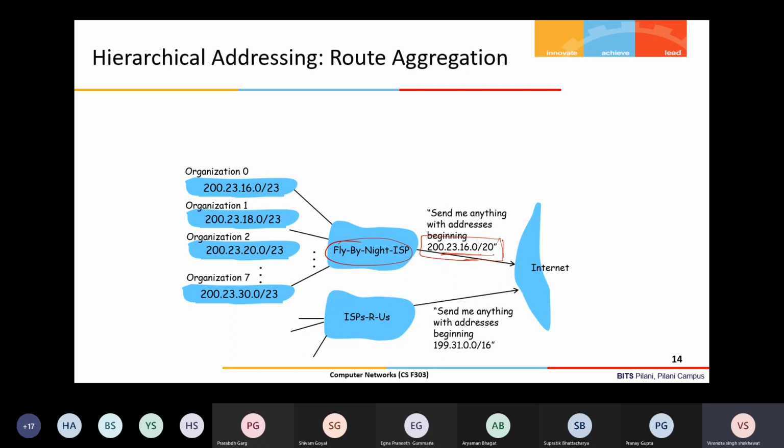So how will it be represented? By a 20 bit prefix. So if the 20 bit prefix matches this, then this ISP will receive the traffic, and further here this router will have further prefixes. Based on that, it will see if the first 23 bits of the address belong to this, then it will forward to interface 1, otherwise interface 2, interface 3, and so on. So this way, the forwarding will happen, right? Because these 23 bits are different for each network, and we have seen that here.